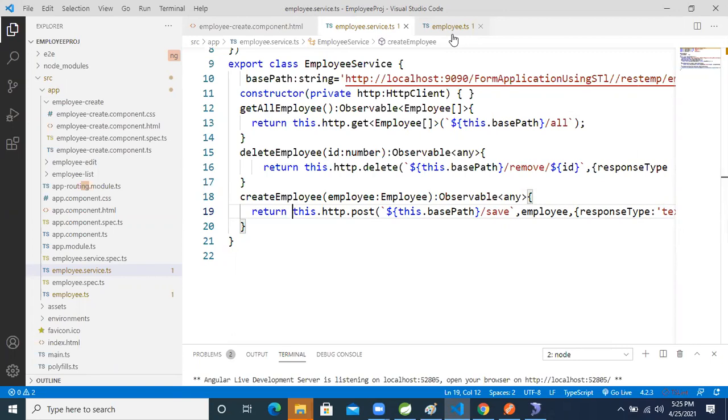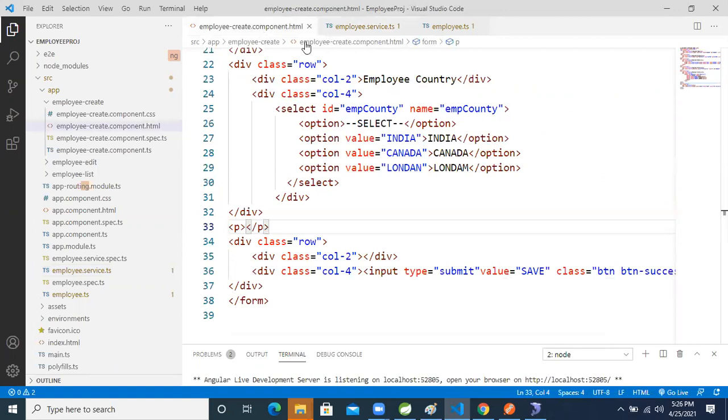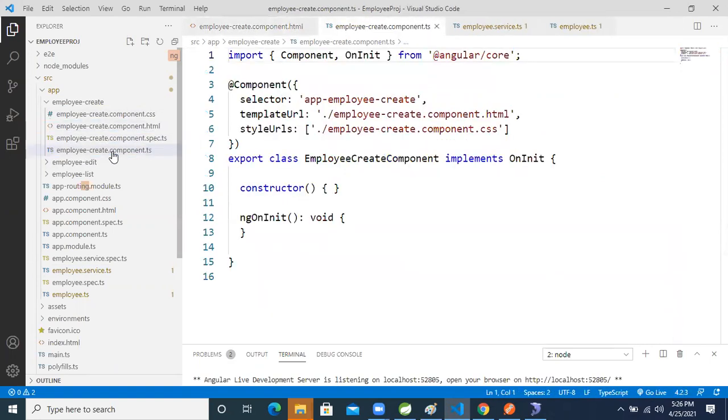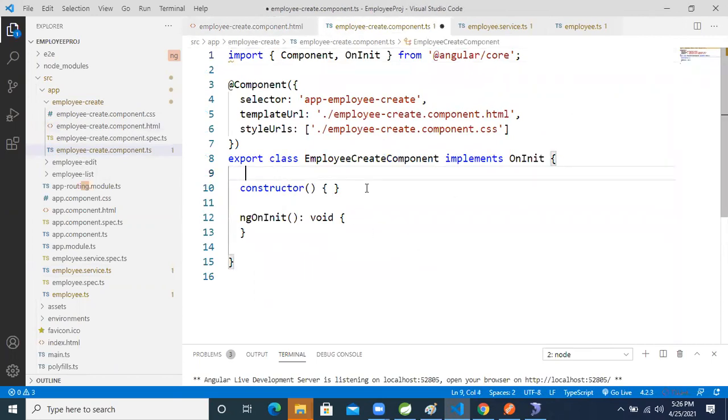So where will we go now? Again, we need to go inside the employee create component TS. Open this one. We need to store the data, so we will create an object of our employee class model.